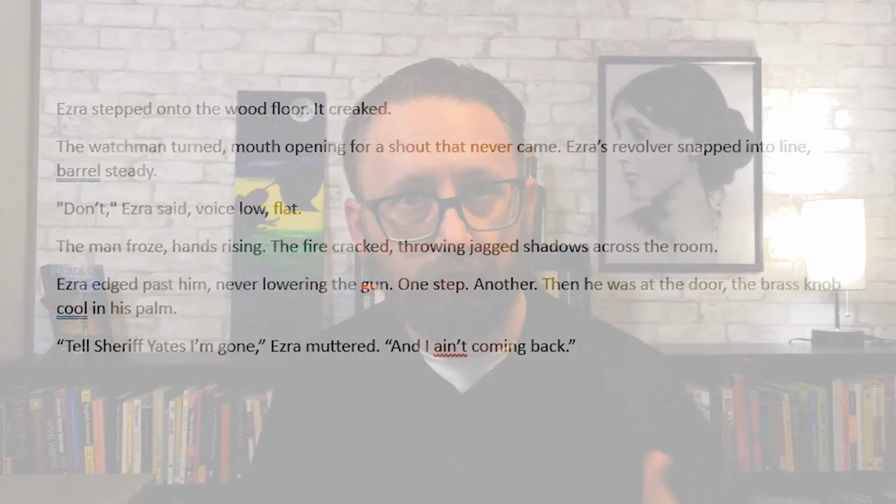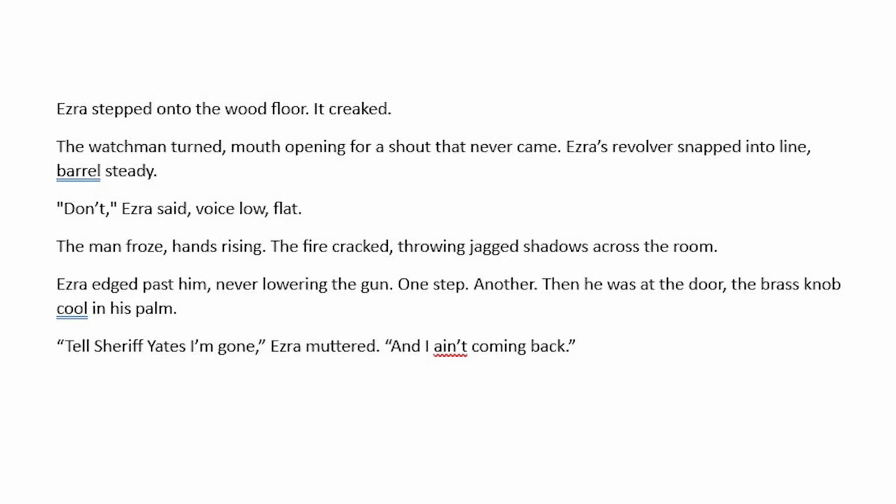So you can see we started in this larger overview of the scene, and we moved into smaller scenes within it. We moved into slowing that scene down. We moved into how does it feel for those characters. And now we're all the way down to sentence structure and how to write it out. And I know I talked about using a lot of description and slowing down and adding more material, but we don't want our sentences now to be overly verbose. We don't want run-on sentences overly describing.